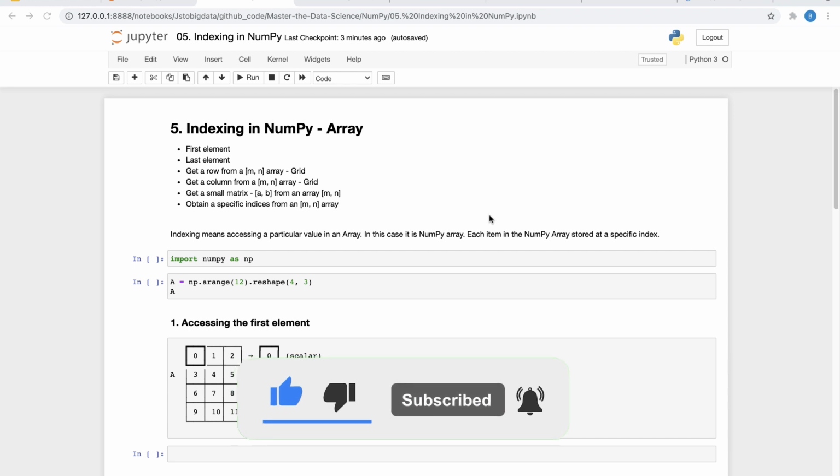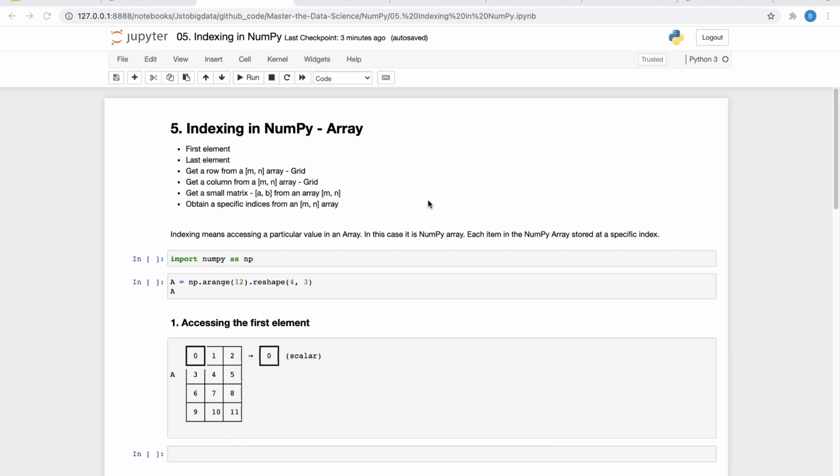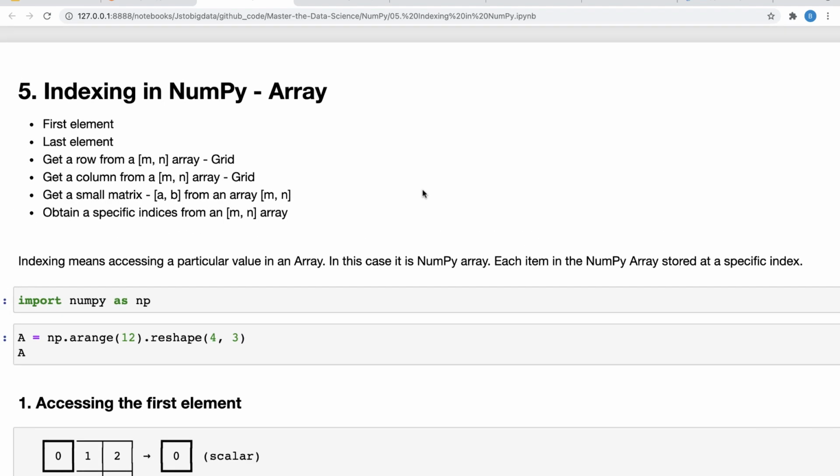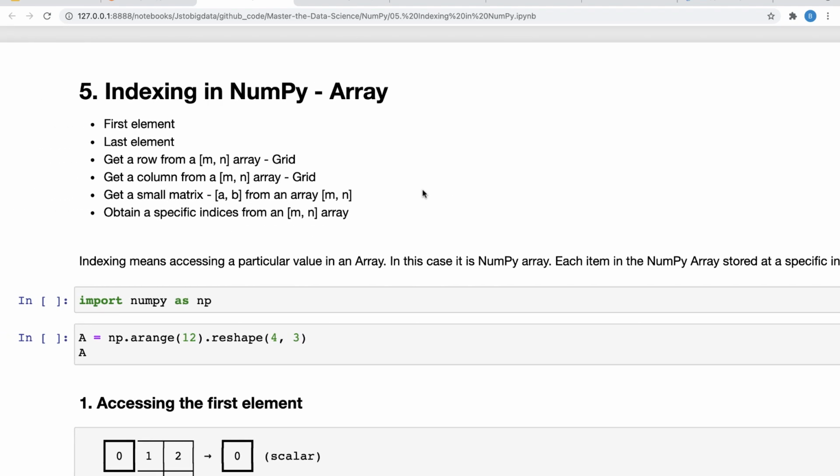Okay, so in this part of the tutorial what we will explore is indexing in NumPy arrays. So basically we are trying to access different elements from a 2D or one-dimensional array, and we'll see how to access those elements. So that's basically what we are going to cover in this.